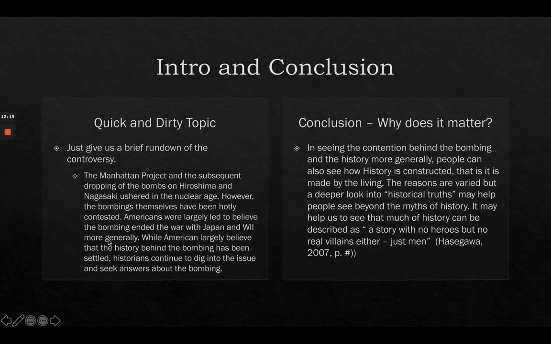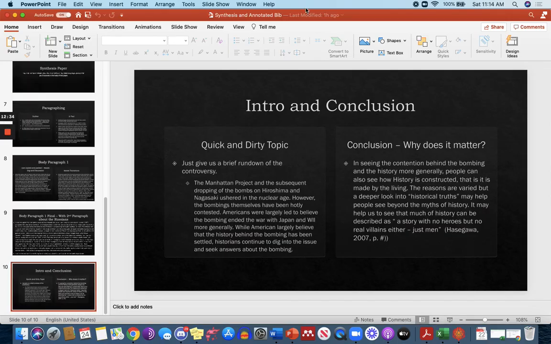And the conclusion is, why does this matter? I've constructed a conclusion here about how it matters because then we can see history from a more realistic lens and not from a really flavored lens. So hopefully this helps you understand the assignment. The only other thing I want to bring up